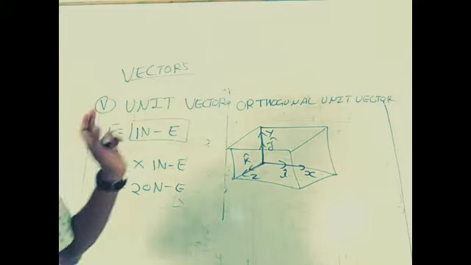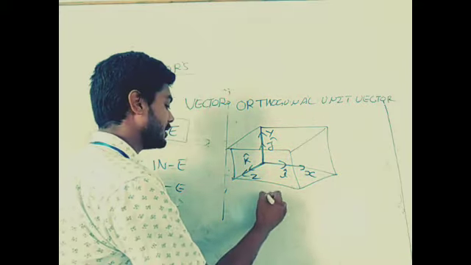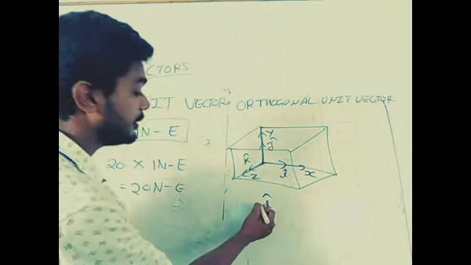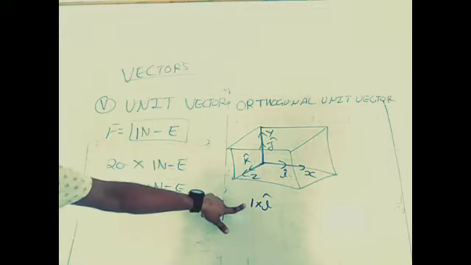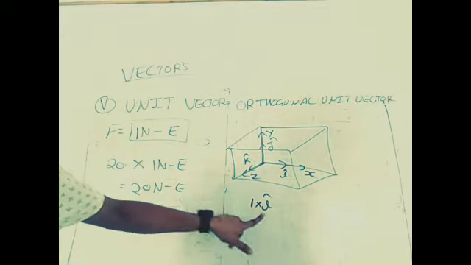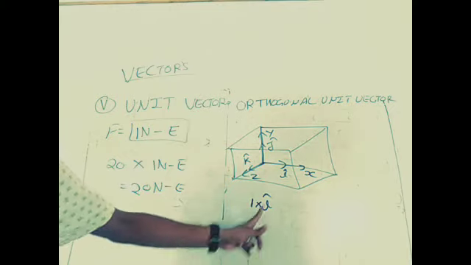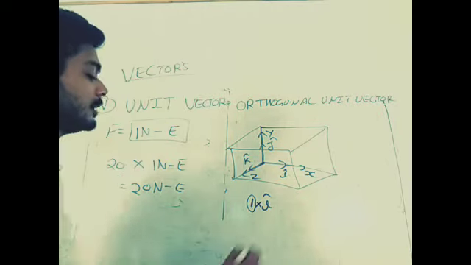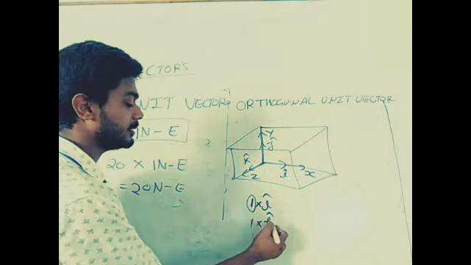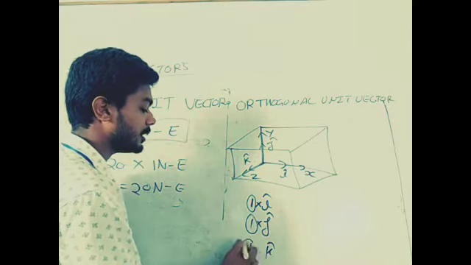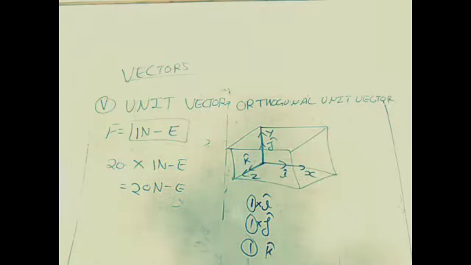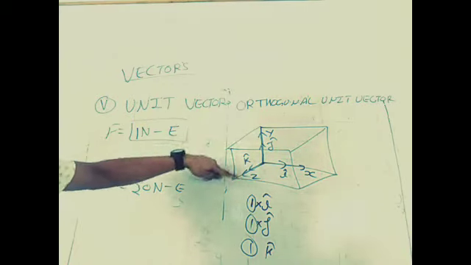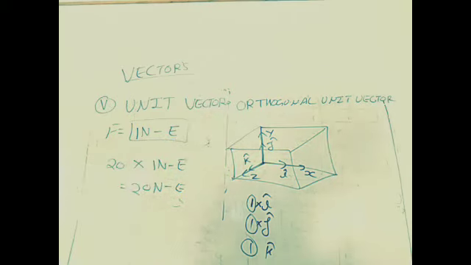Suppose someone asks what is the magnitude of i cap. You will say i cap represents the x-axis, and with i cap there is a multiplication of 1, because whenever a number or any symbol is multiplied by 1, it remains unchanged. Then the magnitude of i cap is 1. The magnitude of j cap is also 1, as the 1 is hidden. The magnitude of k cap is 1. So unit vectors are the vectors which have unit magnitude, and the orthogonal unit vectors are i cap, j cap, k cap, which are used to represent the x-axis, y-axis, and z-axis.